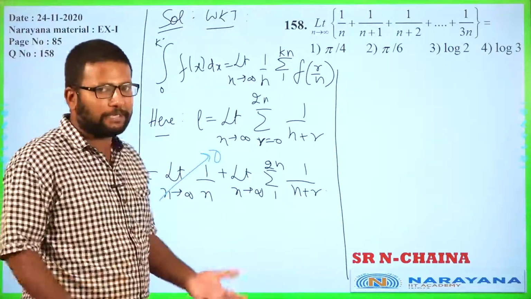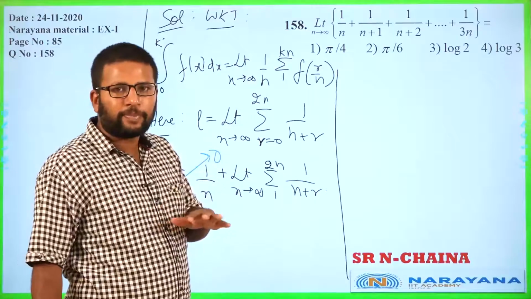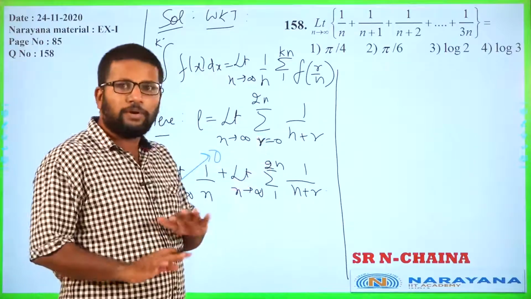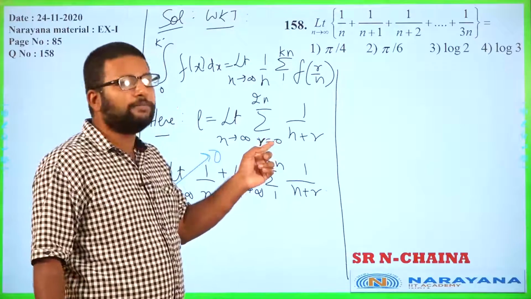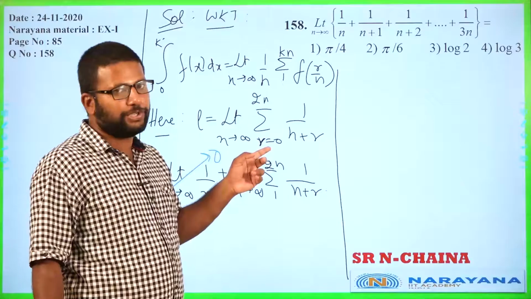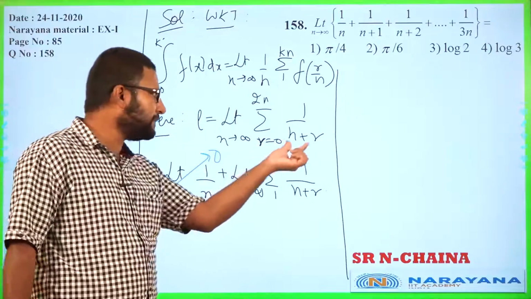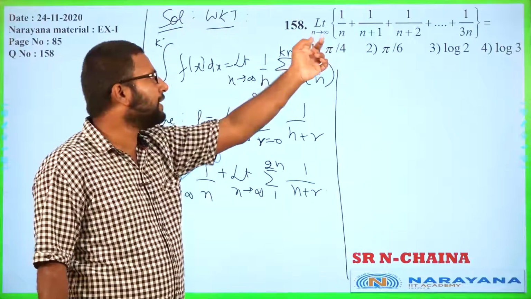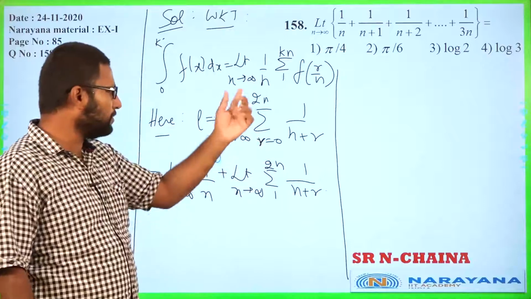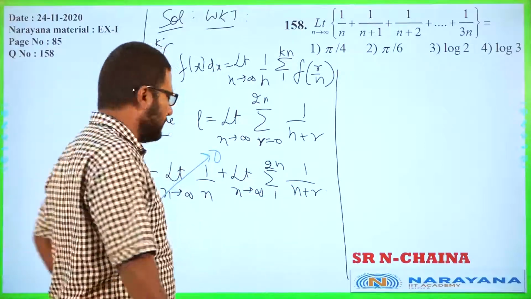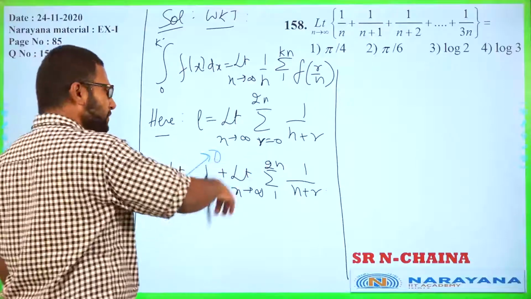Are you beginning to see a pattern here? Sometimes if you are starting from r equal to 0 also, that is not a problem, because often, not always, so be careful, but sometimes that extra term can simply be put to 0. So if you want to take a shortcut, just think first, is the first term going to 0 as n tends to infinity? If yes, then you can just ignore this and directly go ahead with the integral. But in the beginning, at least while practicing, separate it out, think about it, and then only proceed.